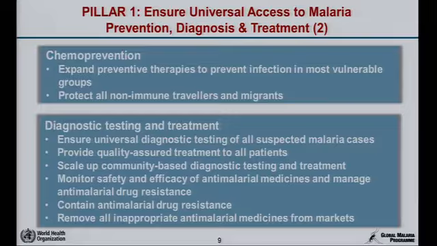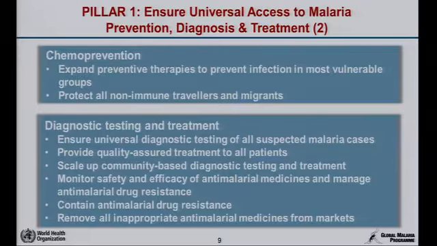Diagnostic testing and treatment, you will remember our T3 strategy: ensure universal diagnostic testing of all suspected malaria cases, provide quality assured treatment to all patients, scale up community-based diagnostic testing and treatment, monitor safety and efficacy of anti-malarial drugs and manage anti-malarial drug resistance, contain, where appropriate,